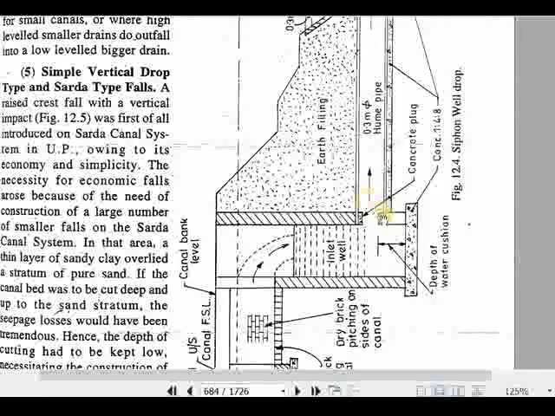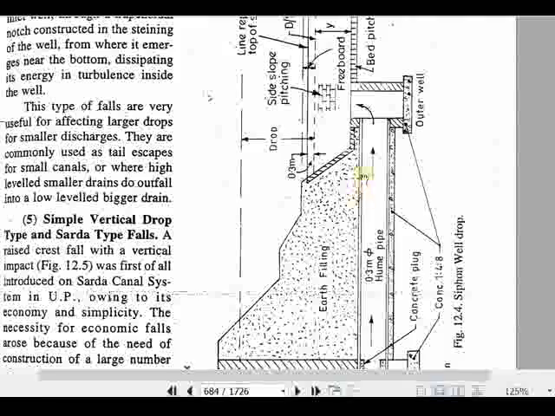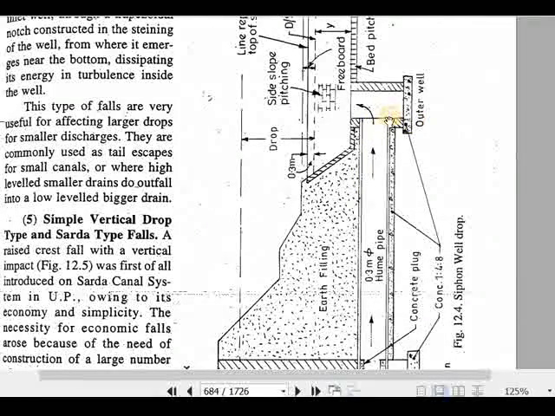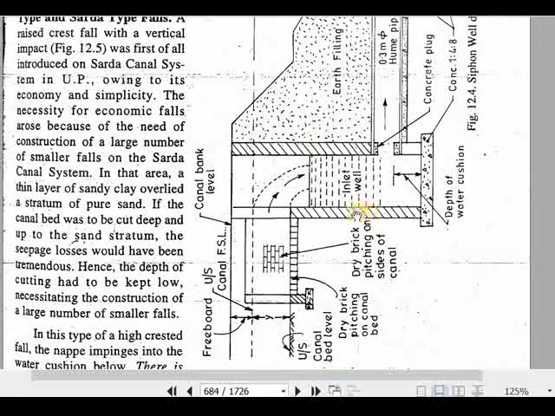And here we have a pipe, there we have some opening, and the water will flow through the pipe. Here we have the cushion of water. This is basically a siphon type, and water will flow through the pipe, and at the outer end, water is again coming out into a small well, and this will be the depth of the well. So all this is earth filled, and this is cement or concrete or bricks. This is also concrete or bricks. Here we have dry brick pitching on the sides of the canal like this one.